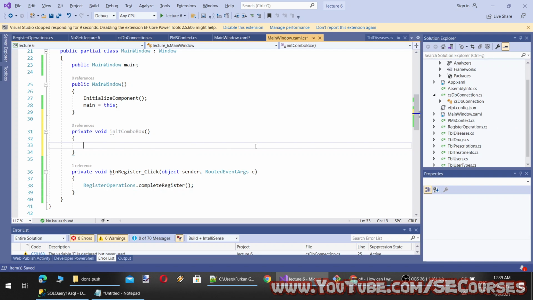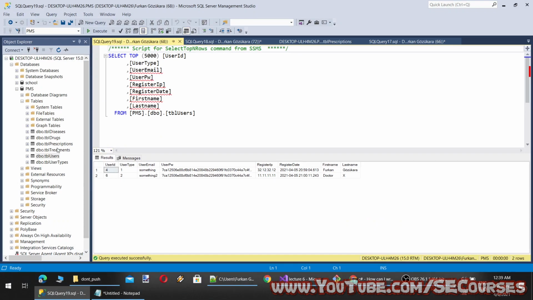Okay, but I want to use a class. What I mean is a collection, an observable collection, to be the source of my combo box.